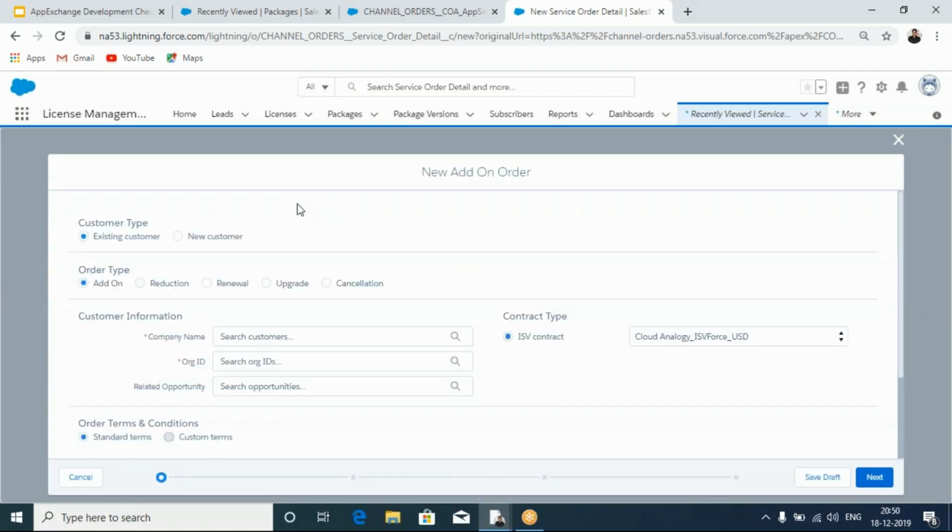Here you will find two customer types to submit your order. One is for your existing customer to whom you have already sold licenses, and another one is for a new customer. For an existing customer, there is a simple process where, according to their requirement, you need to select order type add-on